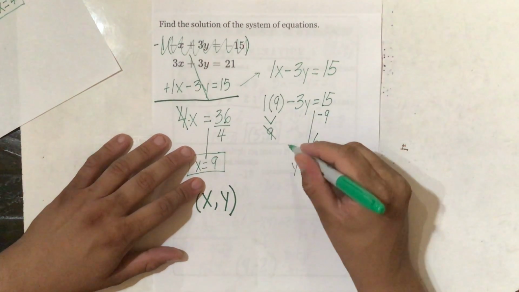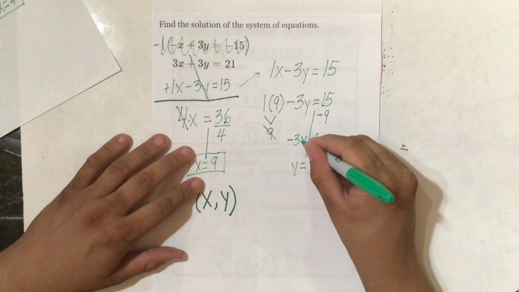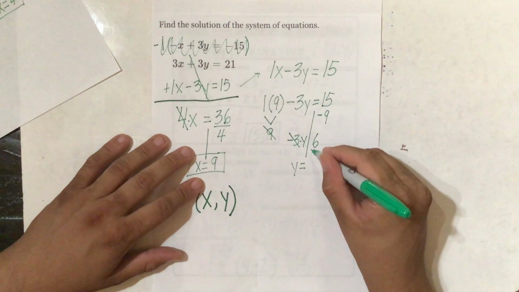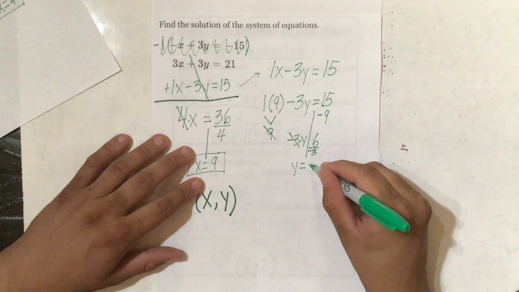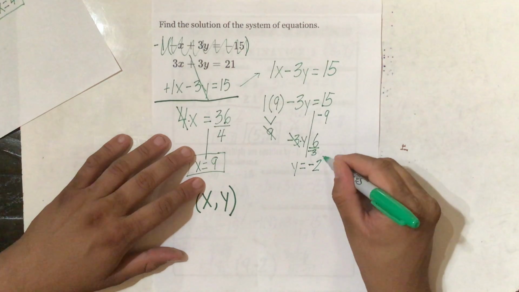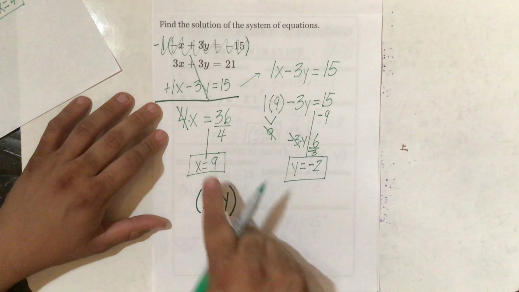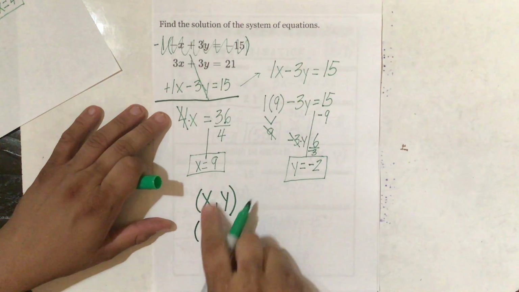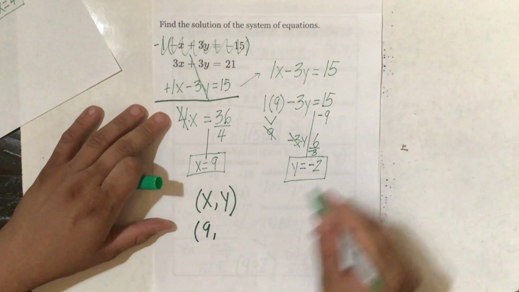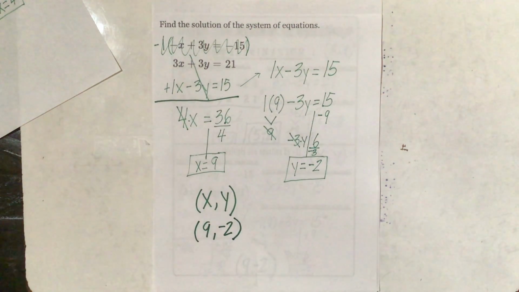You see this negative 3y here? That's still there. Negative 3y. Now this is negative 3 times y, so the opposite of multiplying by negative 3 is dividing by negative 3. A positive divided by a negative is a negative. 6 divided by 3 is 2. y is equal to negative 2. So I have my x, I have my y. So I'm going to write x, my x is 9, my y is negative 2. And there we go. So these are the kinds of problems you're going to see in this